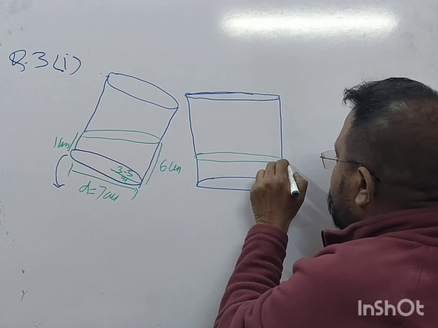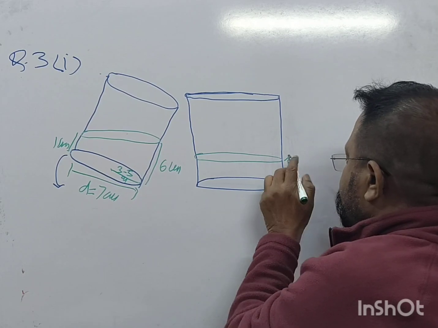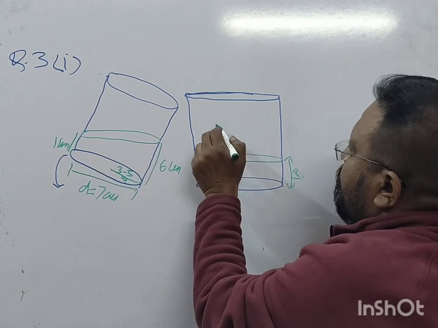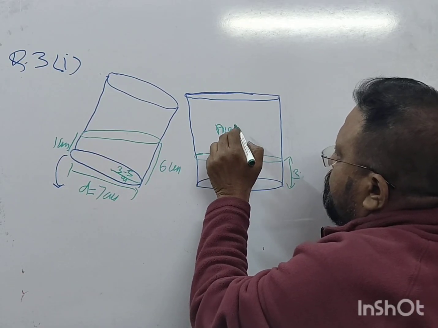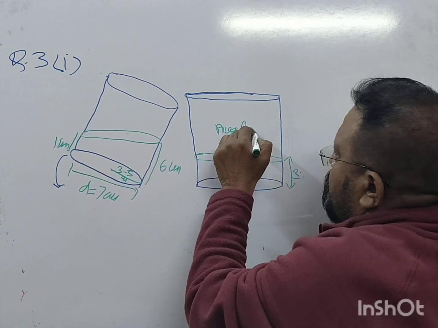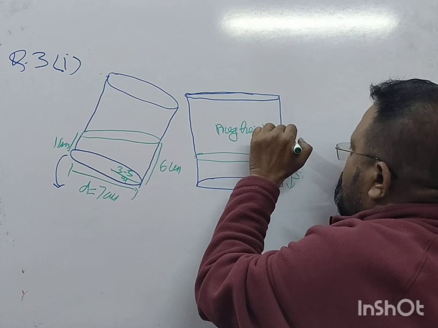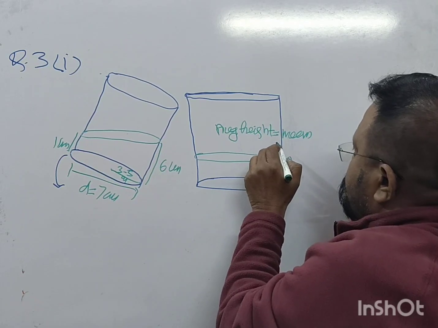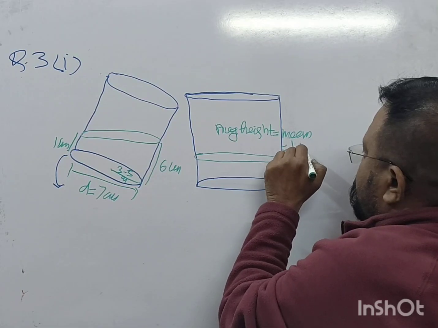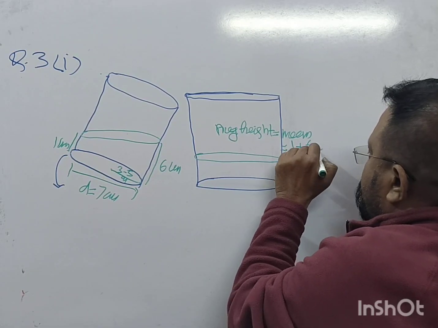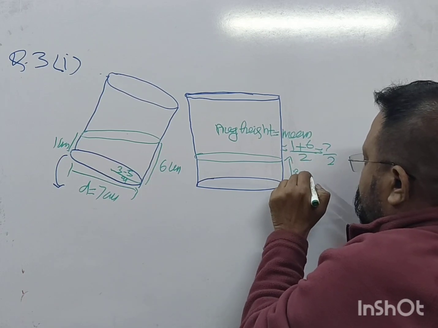So this average height is, we have seen, 3.5 centimeter. Average height is equal to mean, which is 1 plus 6 by 2 becomes 7 by 2. It becomes 3.5 centimeter,